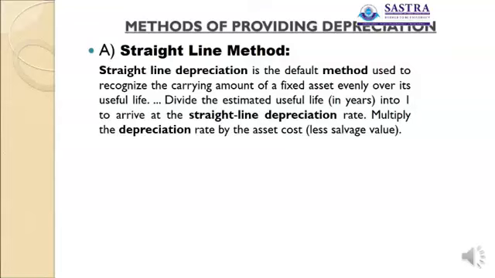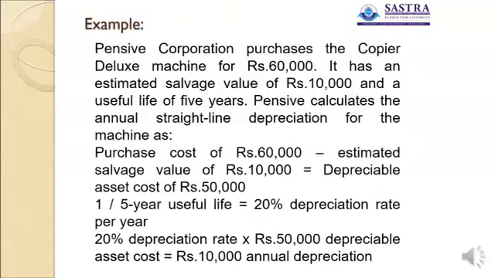16,000 rupees is the depreciation, which has to be found out using the rate: 16,000 on 1 lakh rupees of the cost into 100, so what percentage? 16% of depreciation. This is the rate of depreciation, the way in which it is found out. Right? Example.